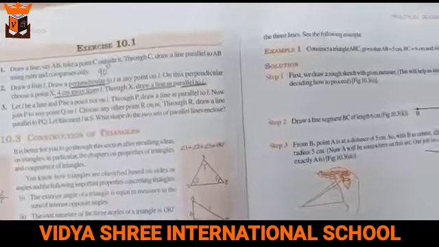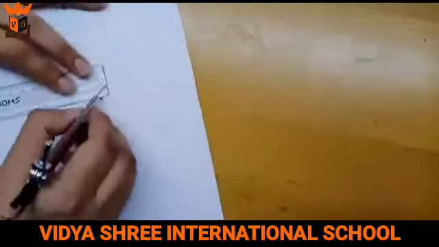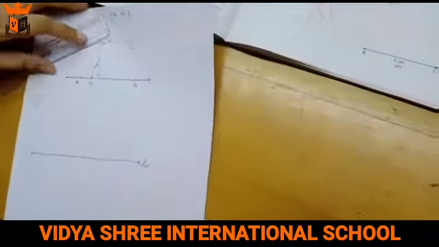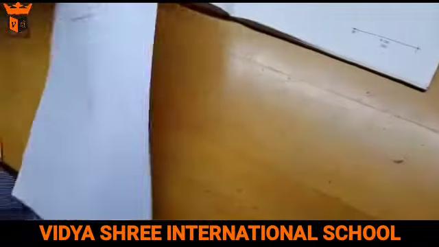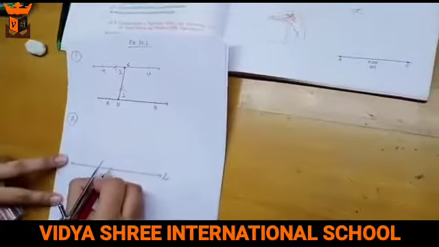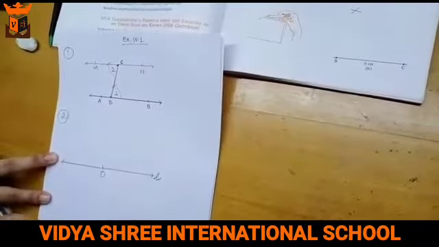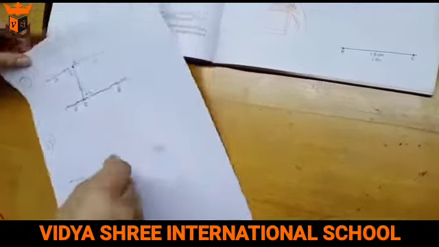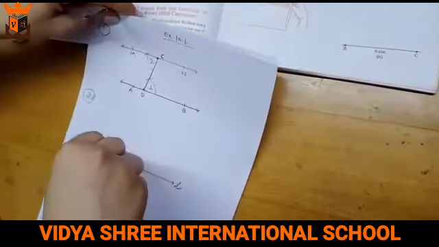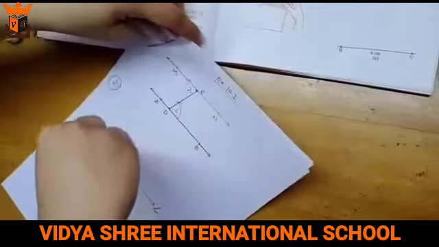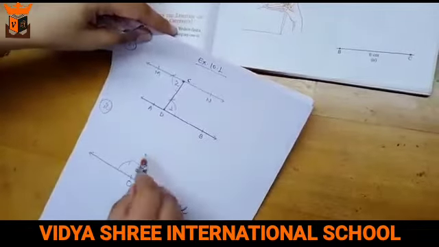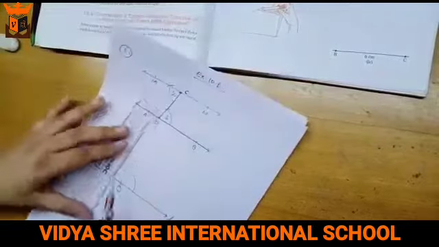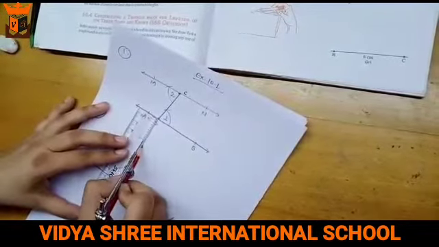So first of all you need to draw a line L. We have drawn a line L. Now on this line I am taking a point O here. Okay, now we need to draw a perpendicular over here. So I need to make an angle of 90 degrees. This is 60 and this next cut is of 120, and then we need to draw a perpendicular. It means we need to join it.